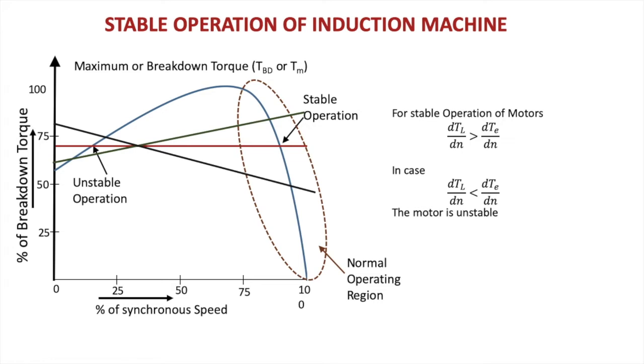In the red region, every condition you see cuts the induction motor characteristic at two places. The red, green and black straight lines are the load torque, that is the pump or whatever mechanical load you have connected to the motor. Where it cuts the two portions, in the unstable and the stable region, you will get stable operation only in the straight line region of the speed torque characteristic of the induction motor. So that is the stable region.